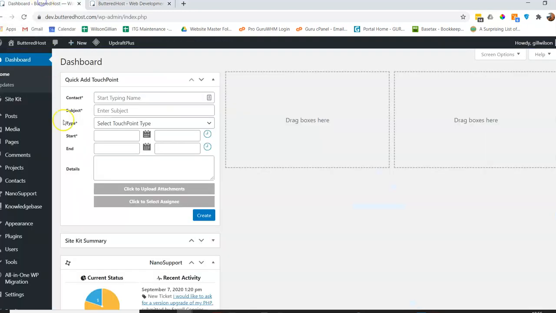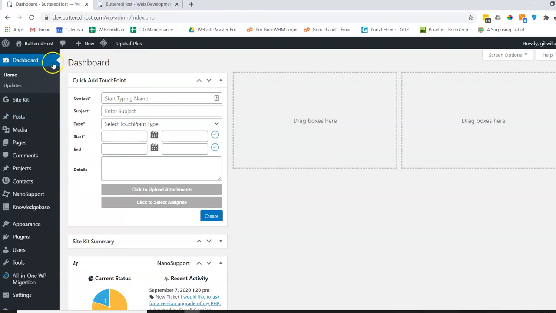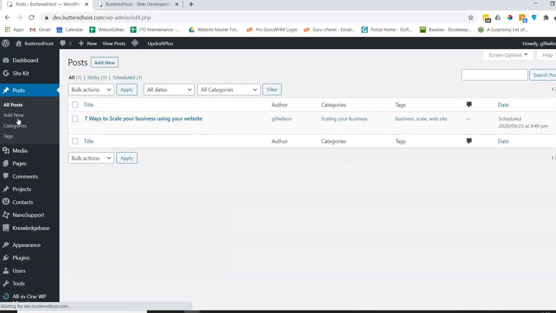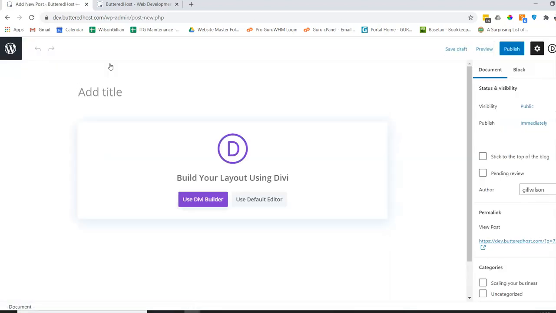But what we're going to do today is, I'm just going to move that over, go into the back end, I call it the dashboard, and from here you're going to just run your mouse down the left hand side till you hit posts and click on posts. Now you can see I have one post sitting here already, and this is where you'll see all the previous posts you have made. So if I want to add a new one, I will hit the add new button,